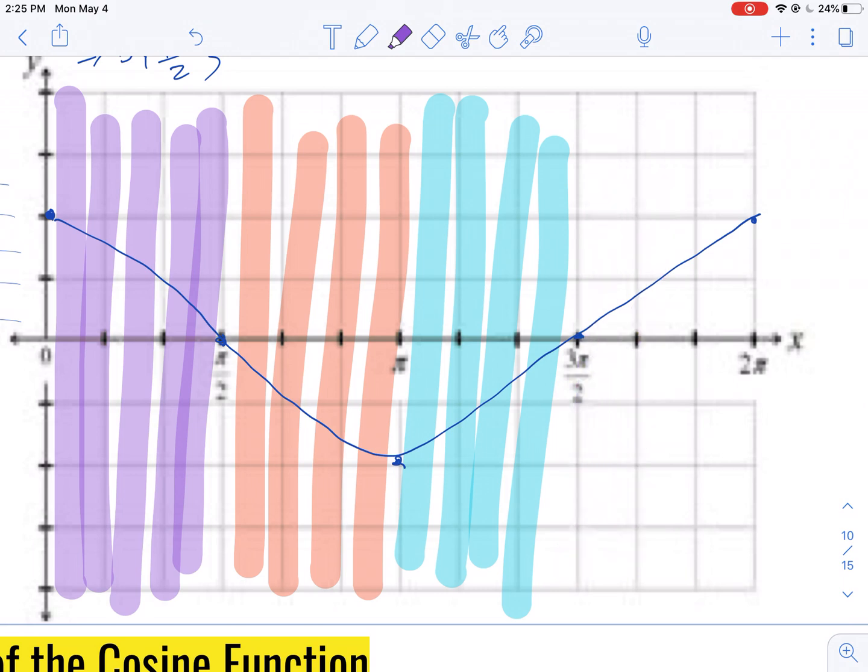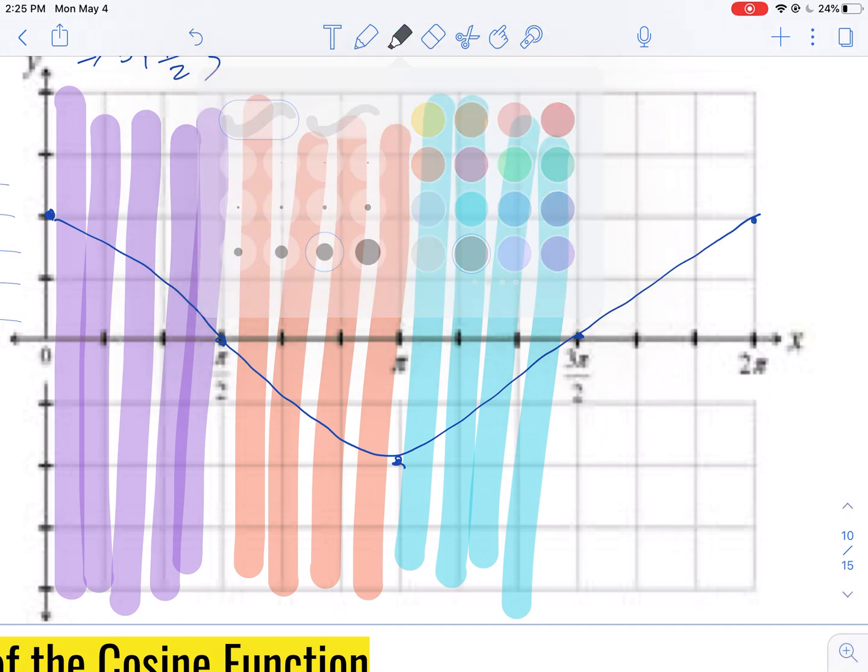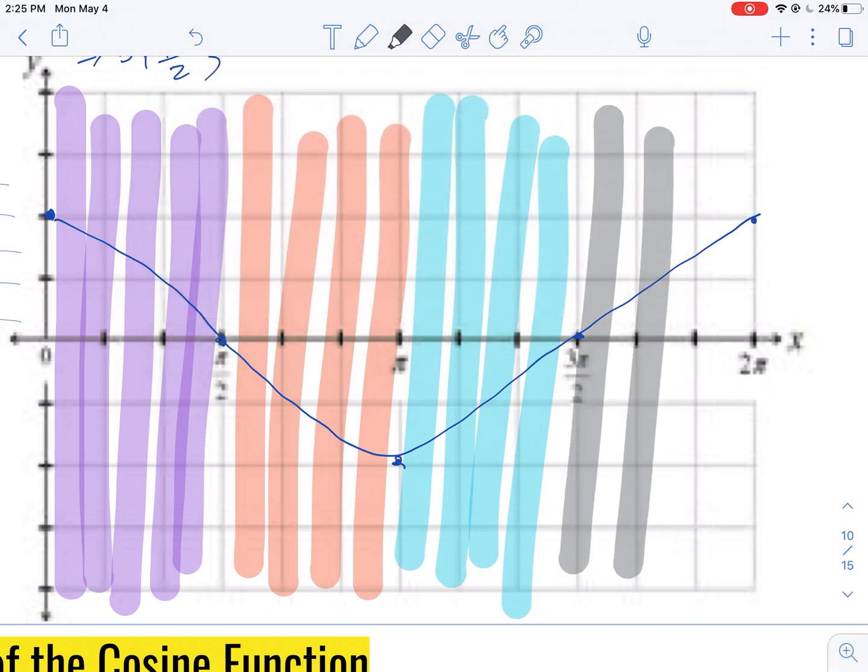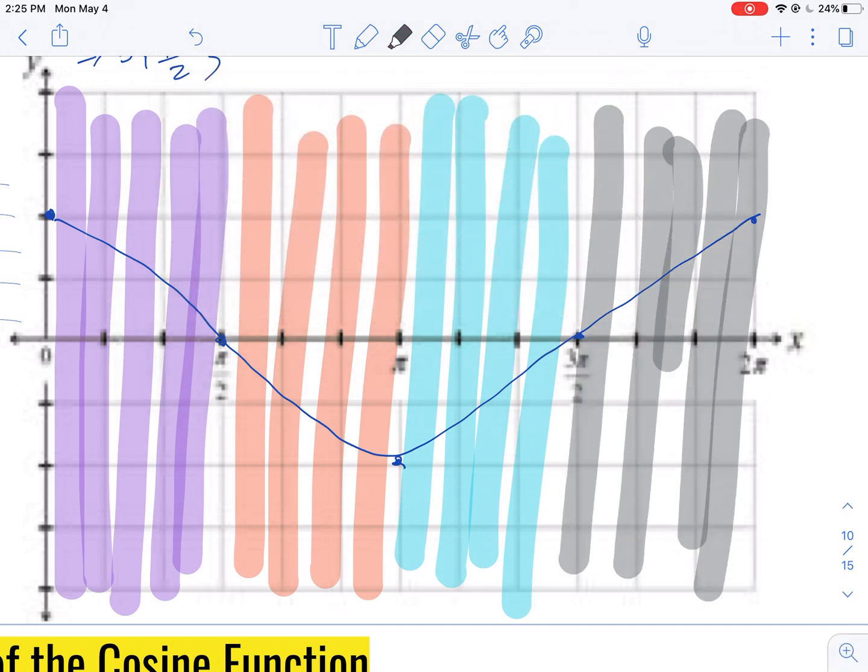Let's change the color. Let's not do purple twice. Definitely don't have any gray. So then that's my last quarter. So I've got these 4 quarters of the graph. I've got these graphs that are doing these things at these sections, and then when I get to